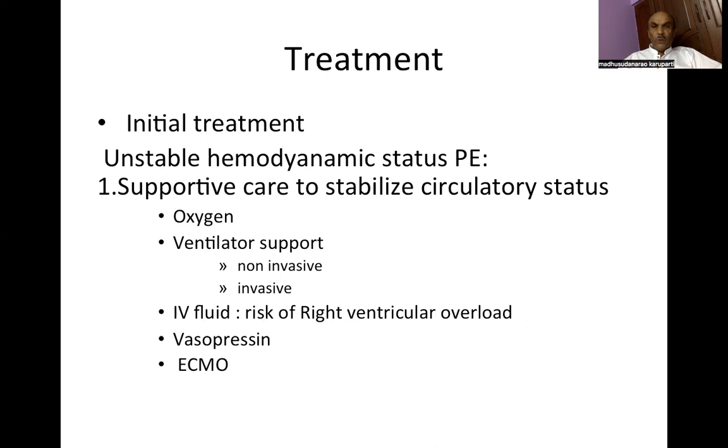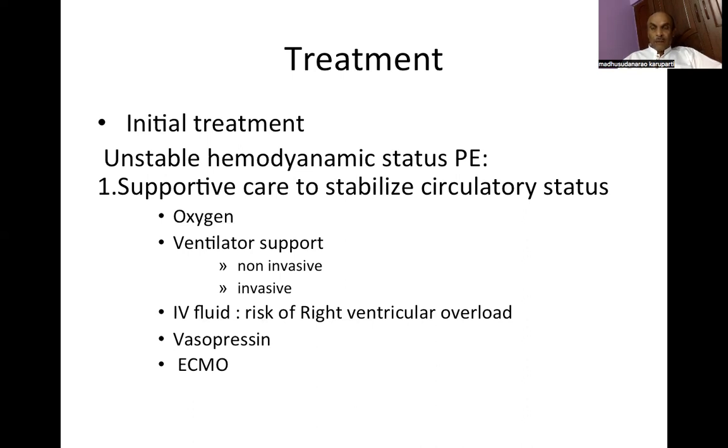Initial treatment includes supportive care to stabilize the circulatory status. Give oxygen therapy to prevent hypoxemia, either direct mask oxygen or ventilator support. Ventilator support should be non-invasive. Invasive ventilator support, everybody knows that there is certain amounts of complications